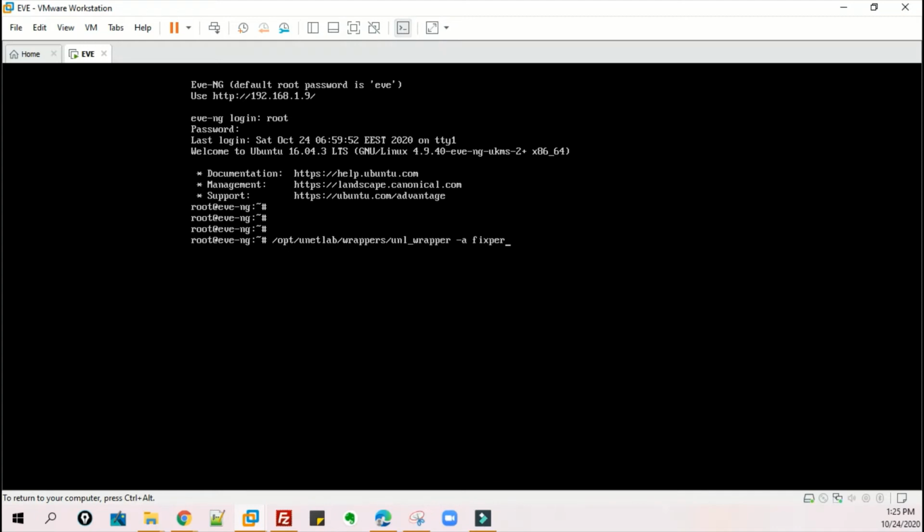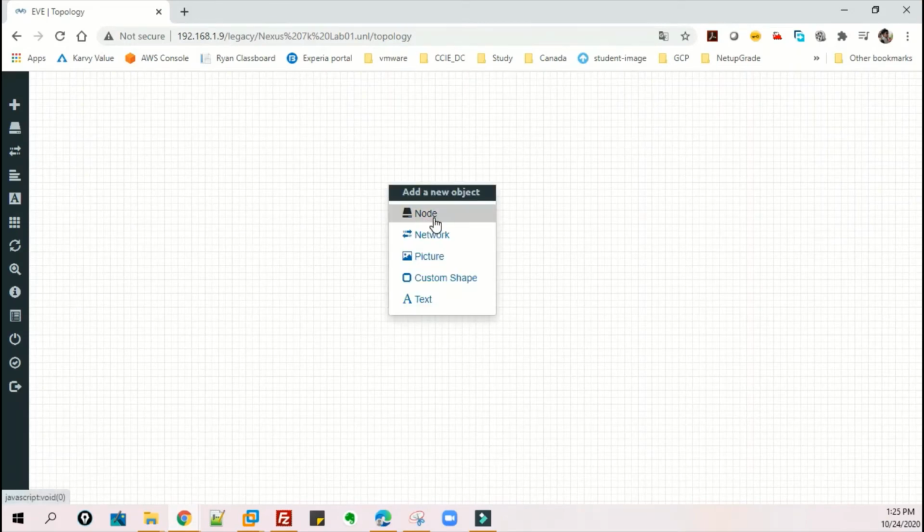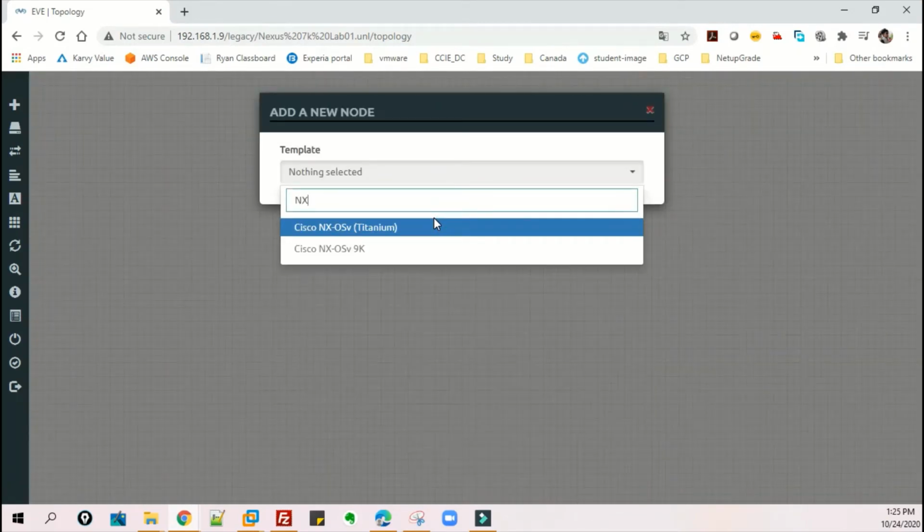We run unl_wrapper -a fixpermissions, press enter, and wait for the permissions to be fixed. Now it is done. Let me go back to the EVE-NG console and try to add the Nexus node.